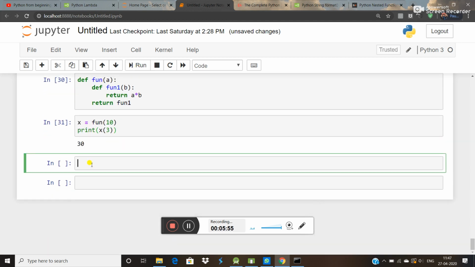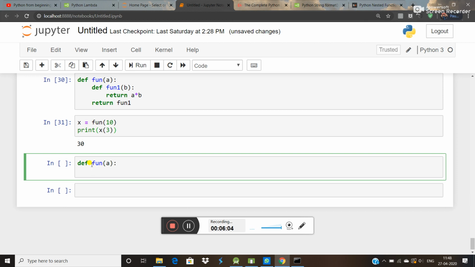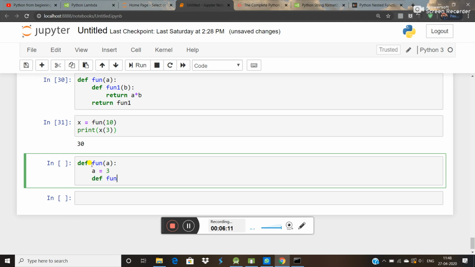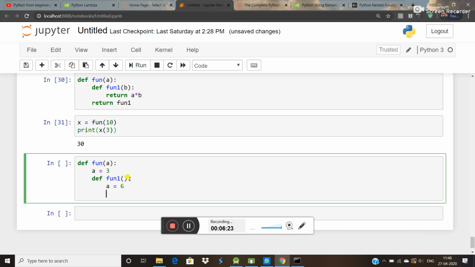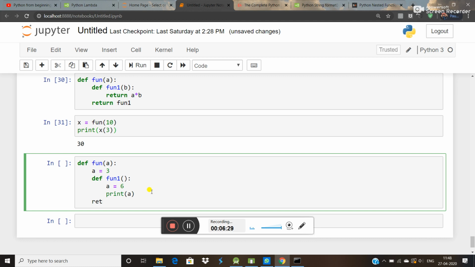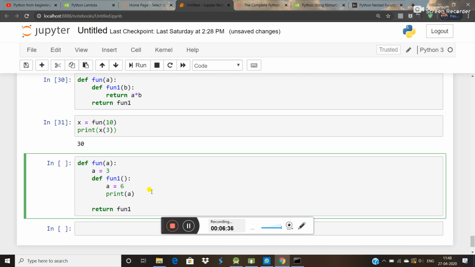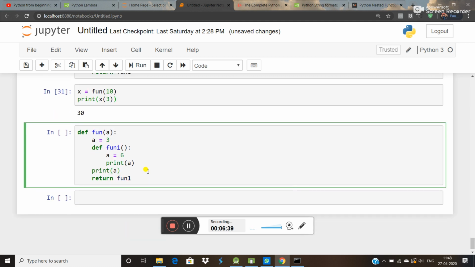Now we can do one more thing. Declare fun of a, and write a is equal to 3, and write a second function, fun1, with a is equal to 6 and print a, and return fun1, and also print a.